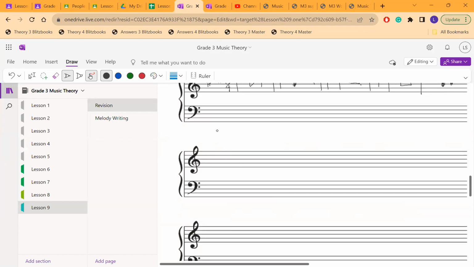You can only use duplet in compound time, and sometimes 3/8. Usually, you don't see it much in 3/8 though. Duplets can only be used in compound time, and triplets can only be used